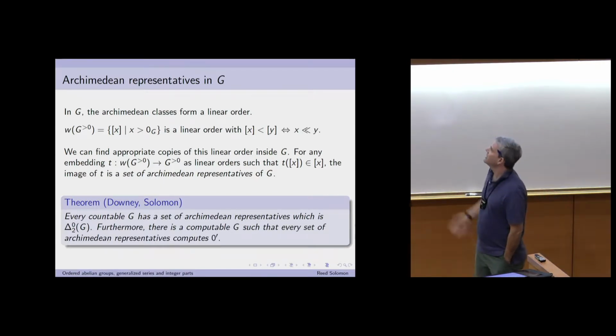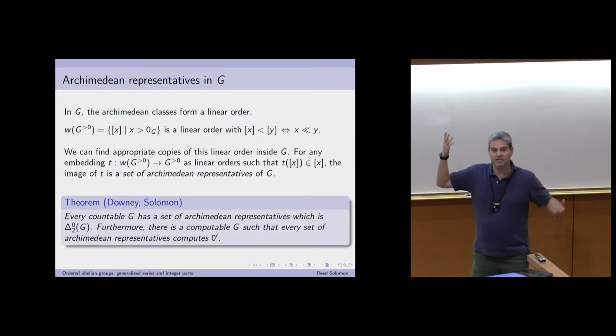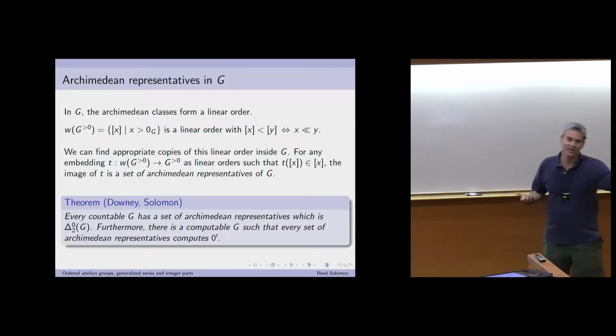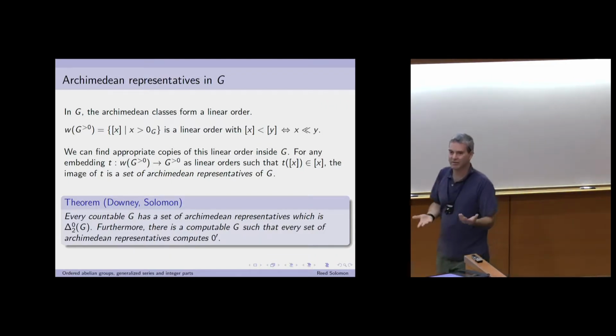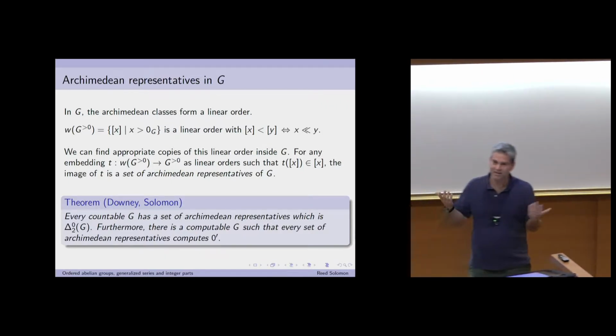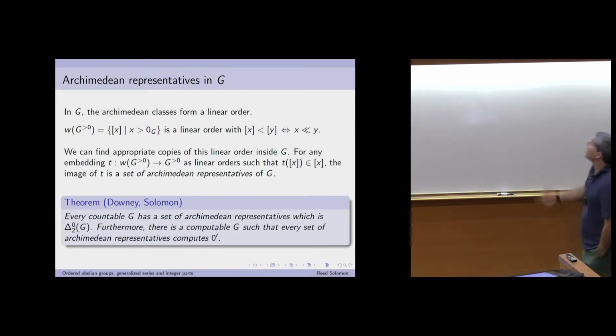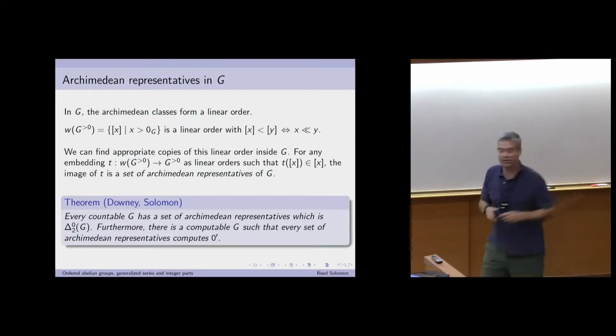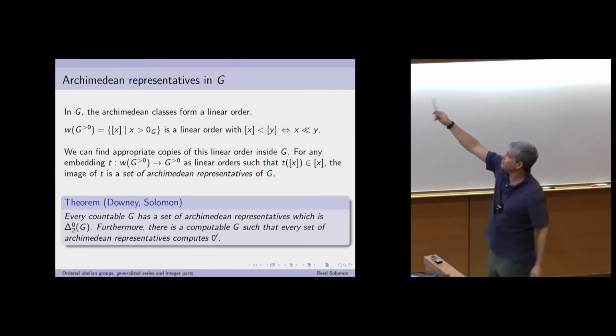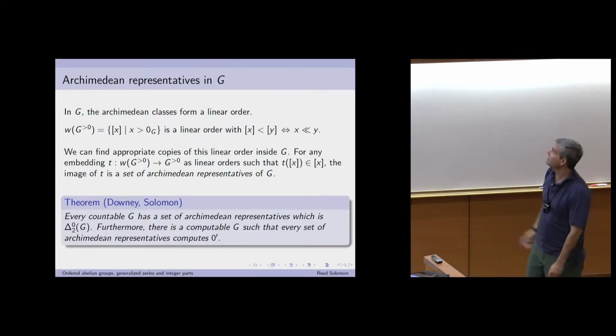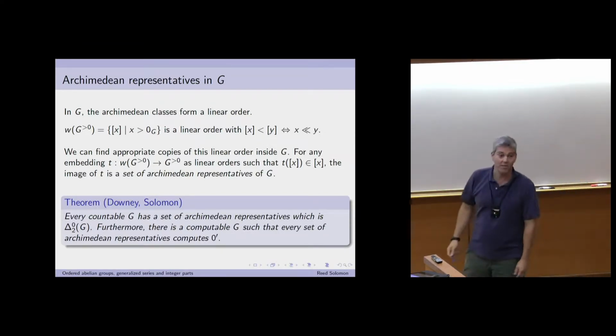And I should say, this is considerably simpler than the work that Julia and Karen did. For example, the fact that it's delta 2 follows almost by definition. Absolutely. So the example here where every set of Archimedean representatives codes 0 prime is definitely